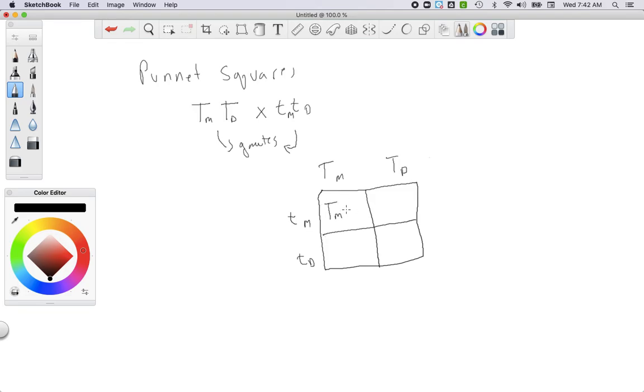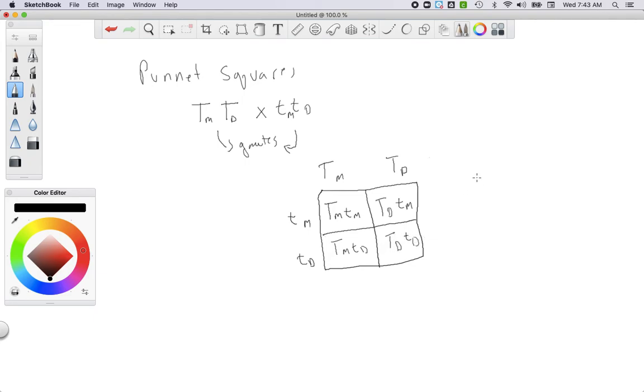this would have the capital T that this plant got from its mom, the lowercase t that this plant got from its mom. This box, one of the gametes with a capital T from the dad would come together with a gamete with a lowercase t from mom. Down here, we'd have capital T. And over here,